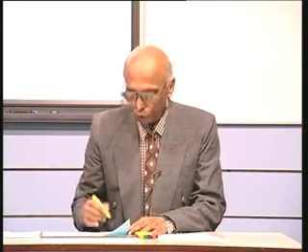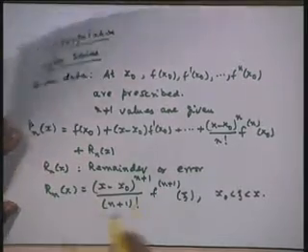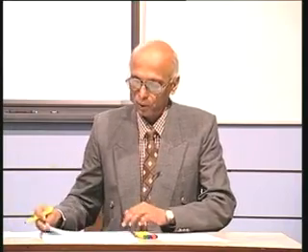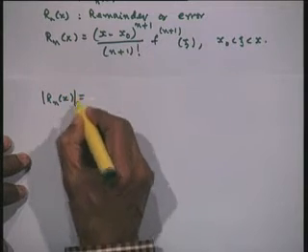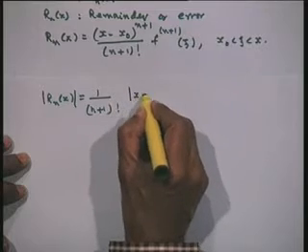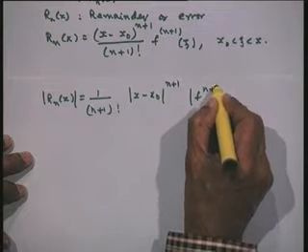You may be given a data of say 1000 points, you may like to use only a set of few points to construct a polynomial. Now, what will be the error in that particular approximation or interpolation will be known through this error term, or the remainder term. Therefore, we can always bound this. So, I can find the bound of the error as, the magnitude of r n x, that will be 1 upon n plus 1 factorial, magnitude of x minus x naught to the power n plus 1, magnitude of f n plus 1 of xi.